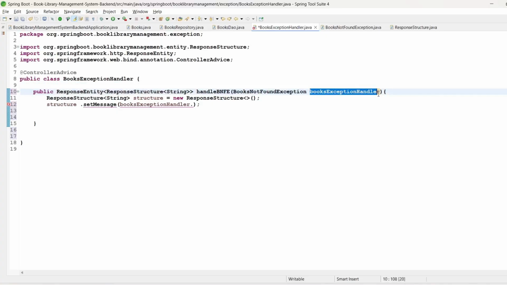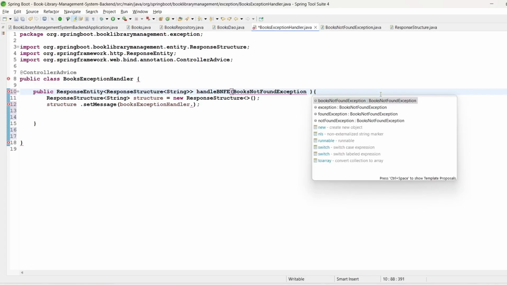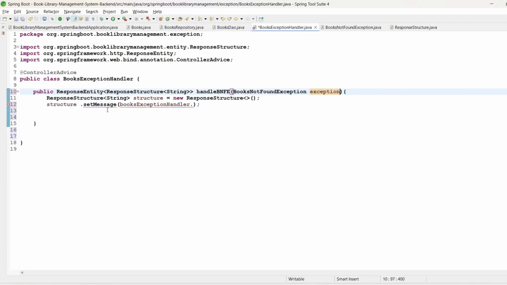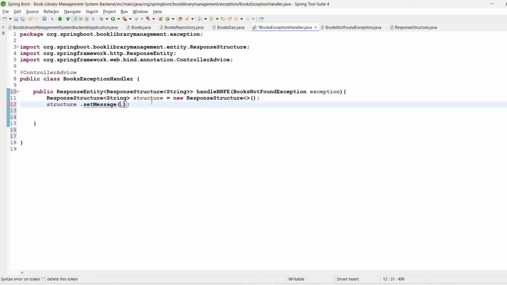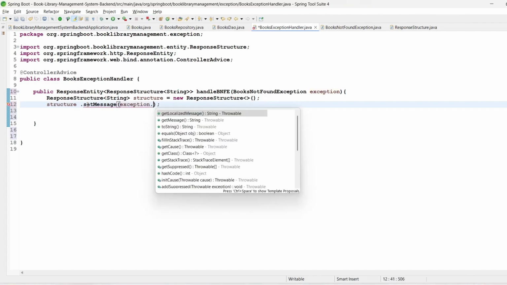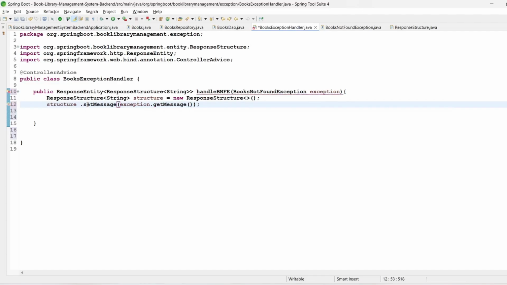And then space exception. Here, what we needed, set message, right? Structure dot set message. Here then exception dot get message. Yeah, error is gone. Then after this, what we needed, we need a structure. Sorry, a structure